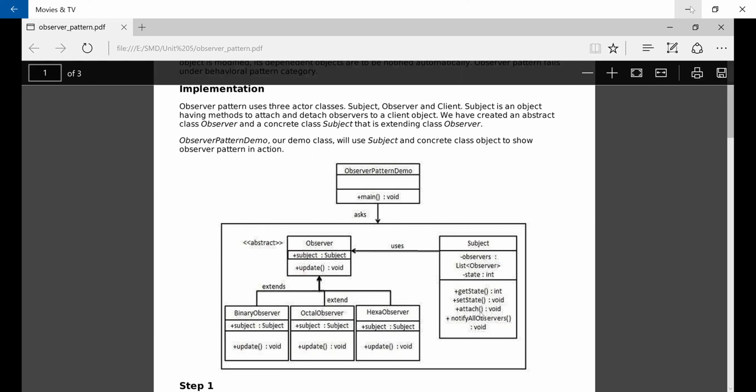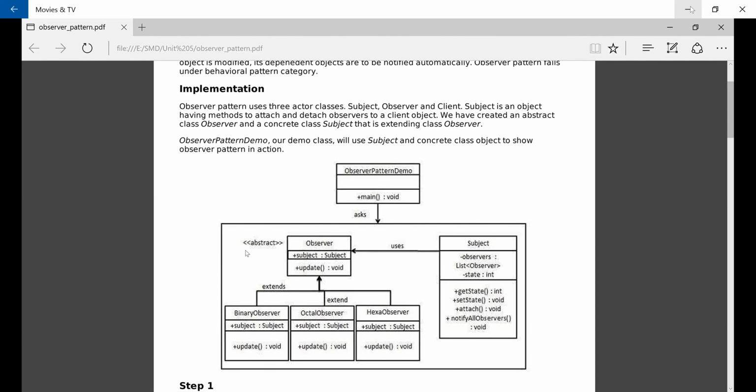So we have created an abstract class observer, and a concrete class subject, which uses the observer class.